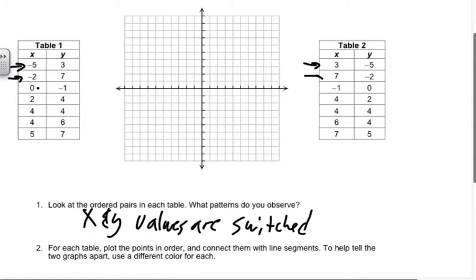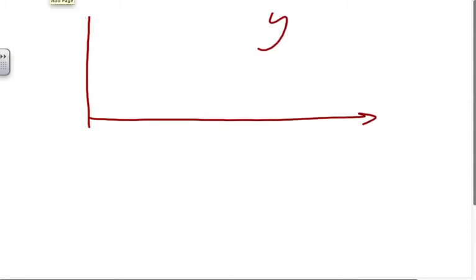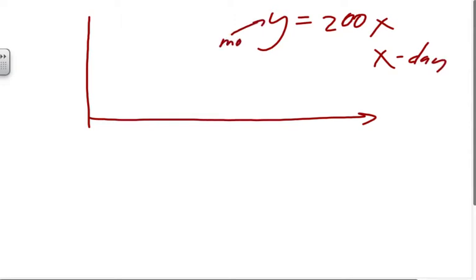Okay. Now these notes are not going to be on this page. I would do them on the back, and I will check for these. Okay, so they'll point to a functional inverse. Typically, let's say you've got y equals 200x. X is days. Y is money. So if I ask you to tell me how much money you're going to have in 4 days,